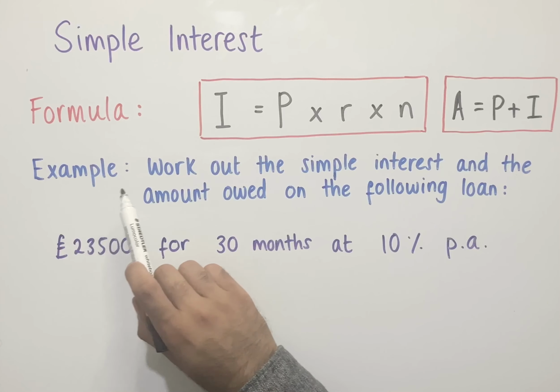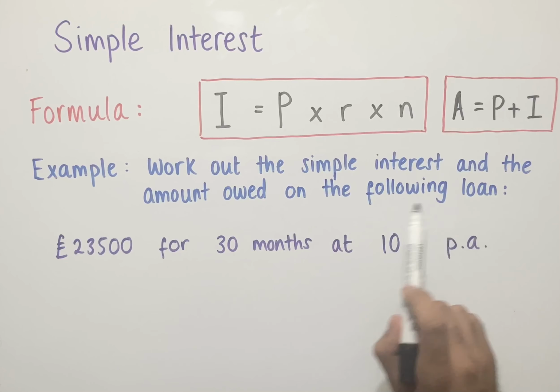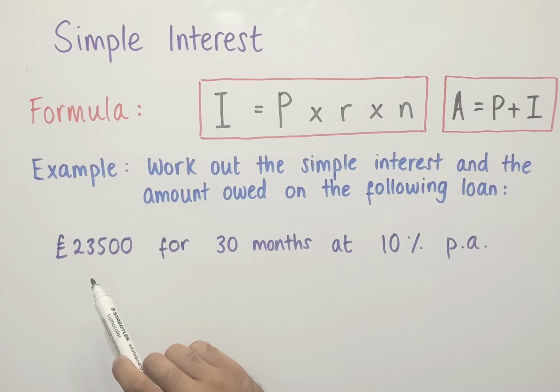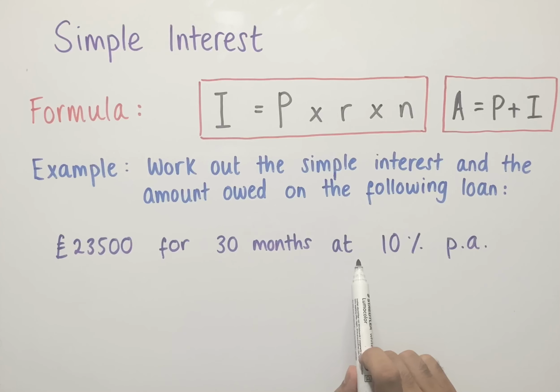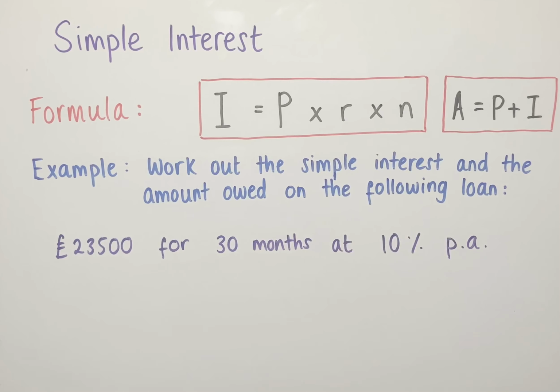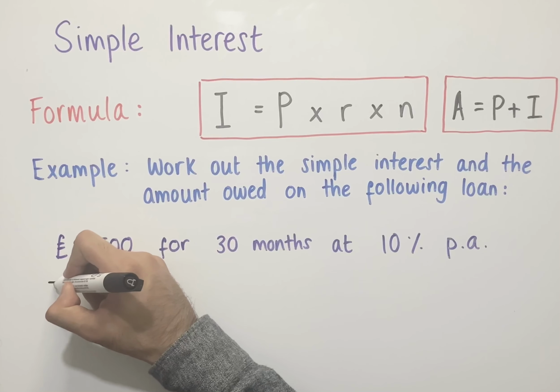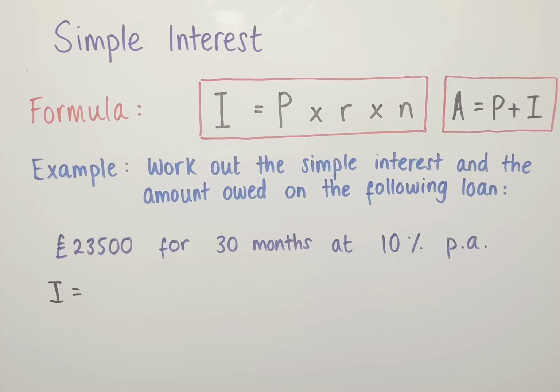Another example, work out the simple interest and the amount owed on the following loan. So we've got a loan of £23,500 for 30 months at a simple interest rate of 10% per annum. So the way we would go about first working out the simple interest is using the formula above here. So the simple interest, capital I, is equal to capital P, which is the principal or the amount borrowed. In this case, that's